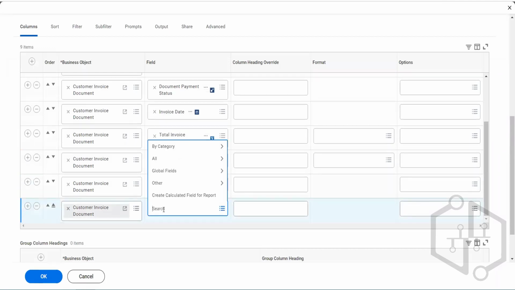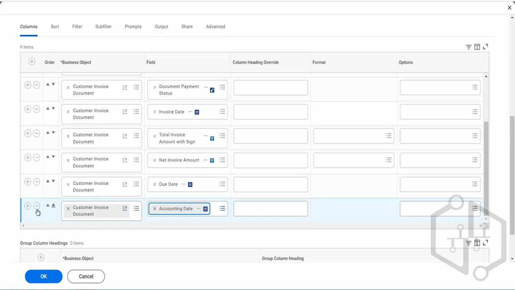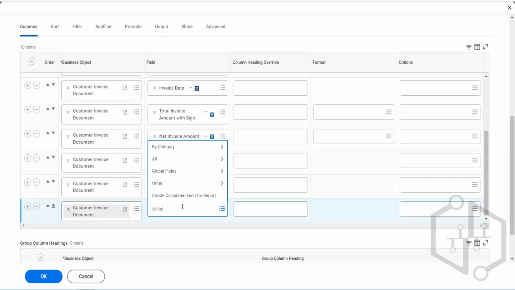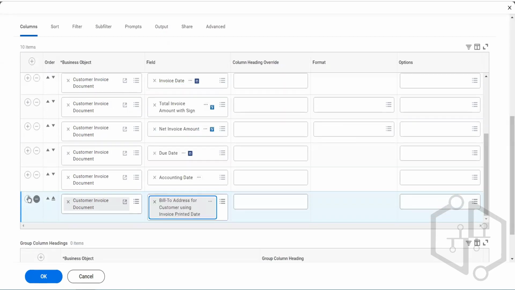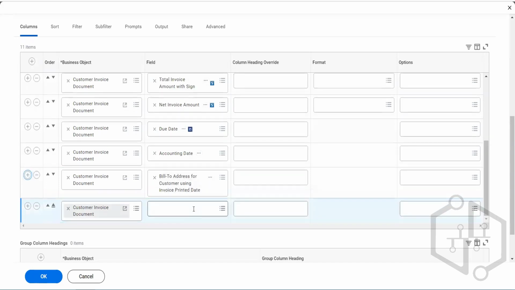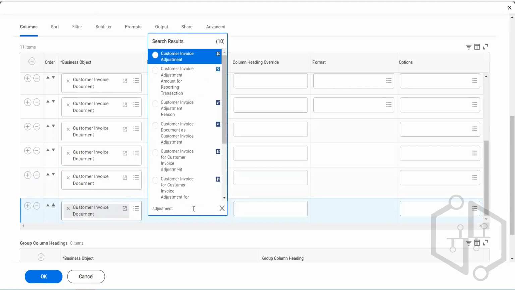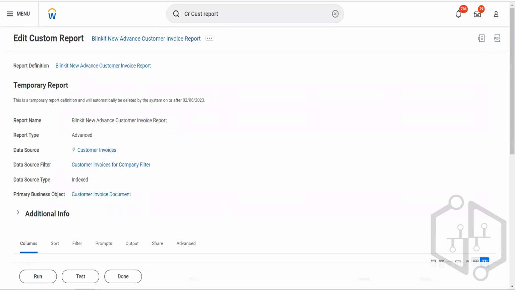Now let me add some more values here. You can see accounting date. Then adjustment number, customer adjustment. We can put anything we want. Now if you run this report,